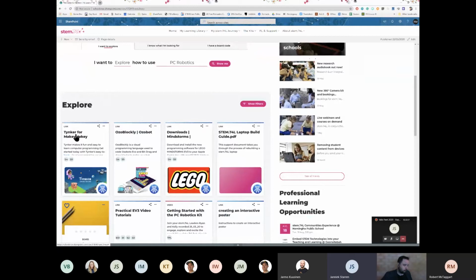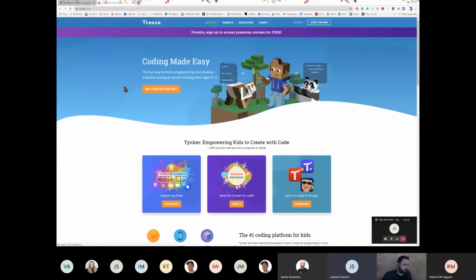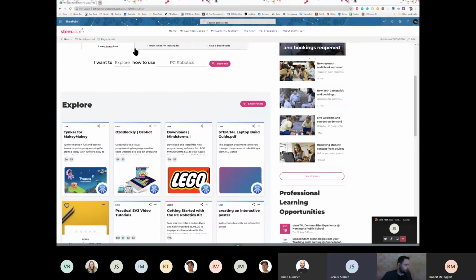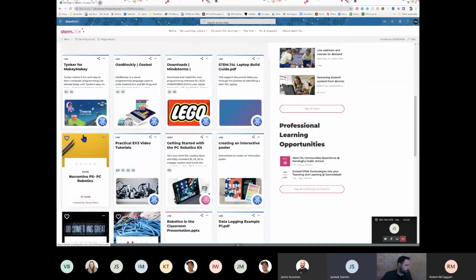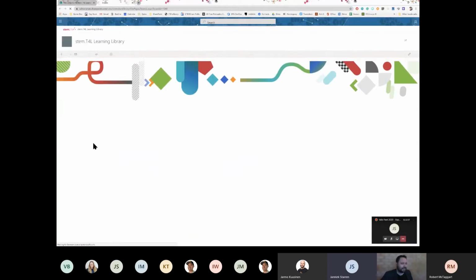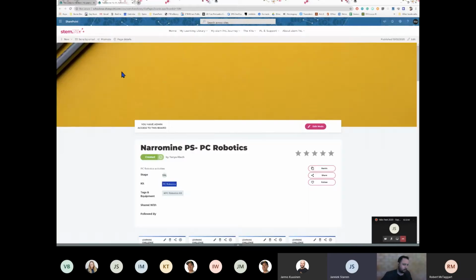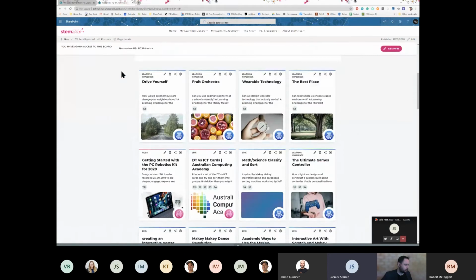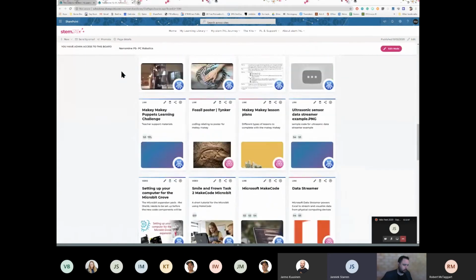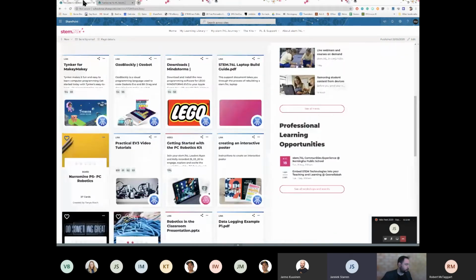You can see that there's 2 types of cards. There's that card, that's a resource card, and there's also the board card, which you can see in the next row, and that's a board. So if you were to go to that board, maybe not right now, it will show you multiple cards that somebody has placed on that particular board. We'll get to that in a second. If you switch back to the other tab,